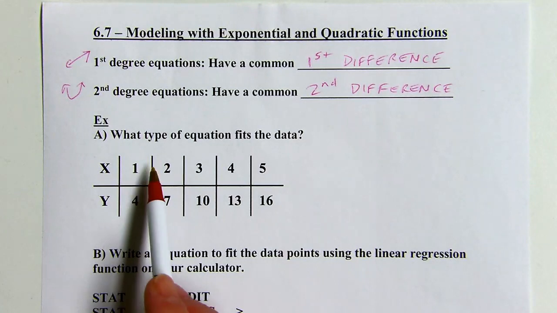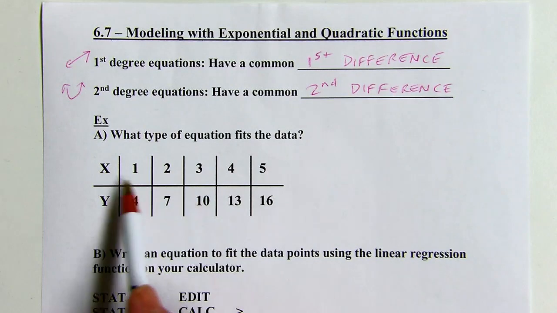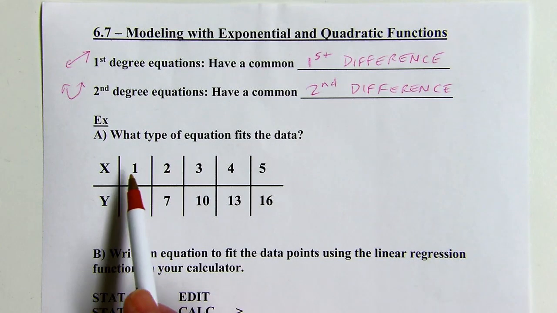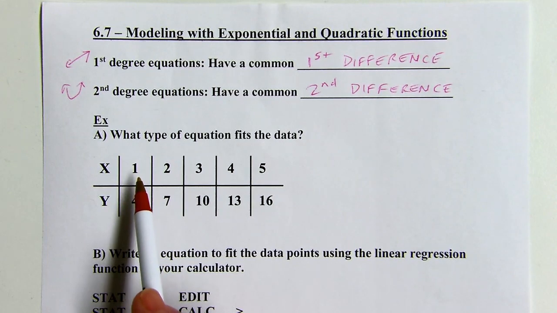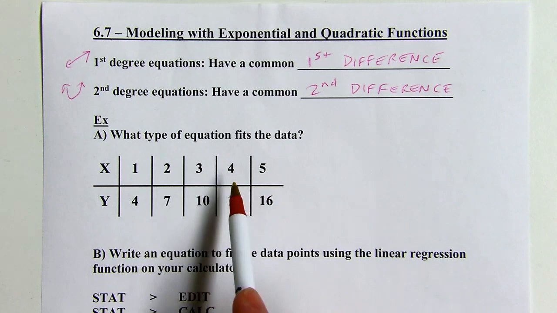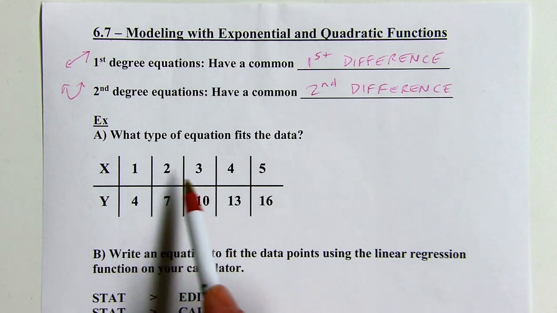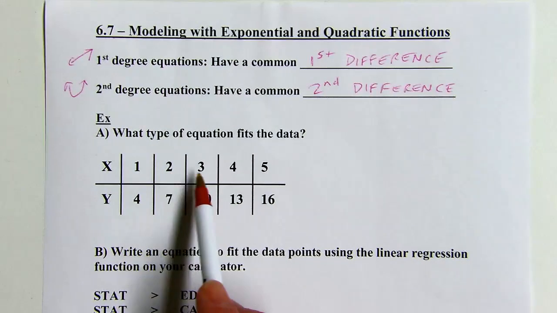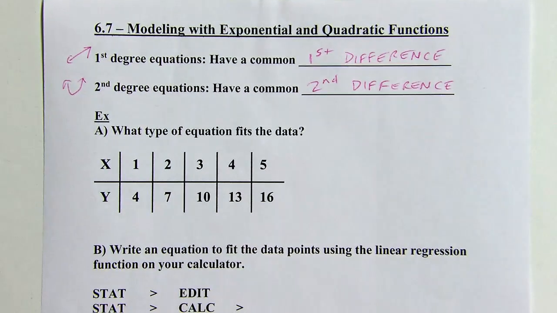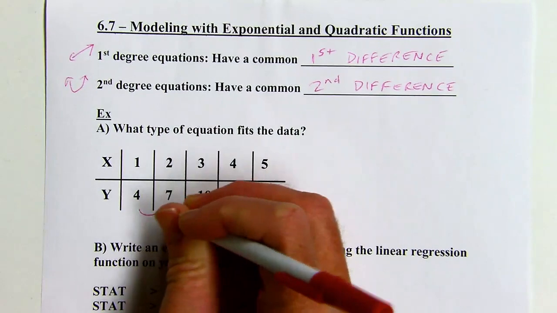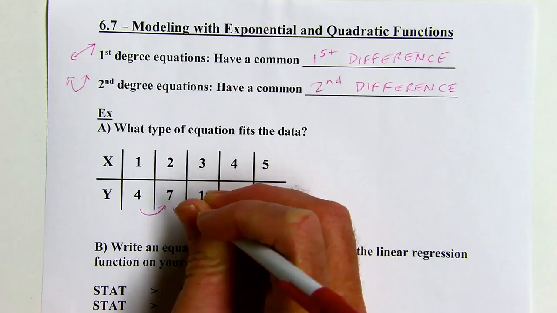Okay, so in order to do this test, you have to have the x's be evenly spaced. It doesn't have to start with 1. I could start with a negative number or any number. And it doesn't have to count by ones, but it has to be consistent. So if it was counting by 3s or 4s or 5s, that's fine, but you want these spaces to be the same from x to x. And if those spaces are consistent, then you can look,